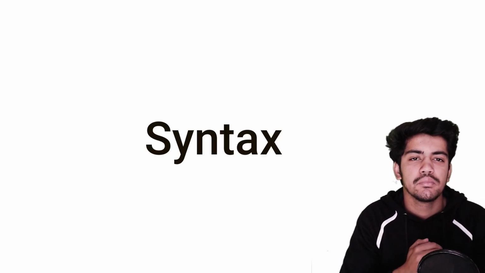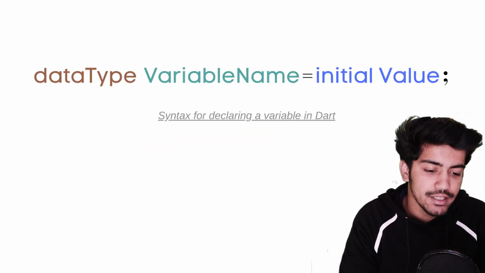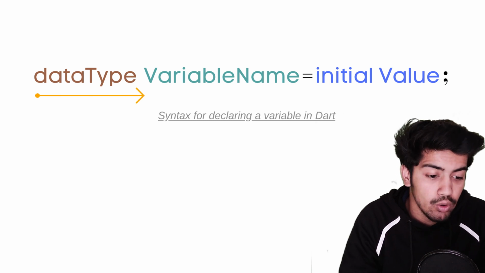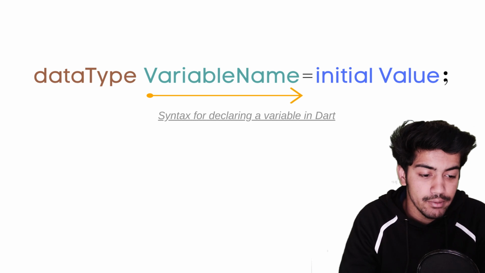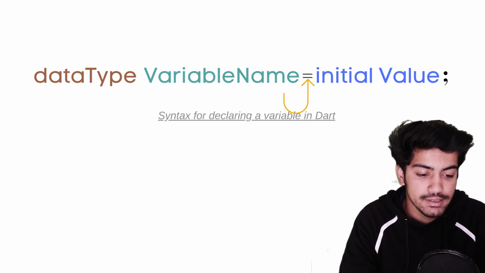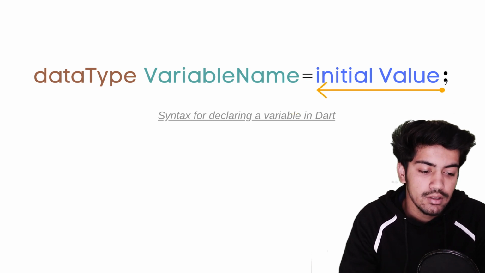Now let's talk about declaring variables in Dart. Each language has a general set of grammar rules for how words and sentences should be structured. These rules are collectively known as language syntax. In computer programming, syntax serves the same purpose. We start by mentioning the type of data our variable will hold, such as integer, string, and so on. Then comes the unique variable name, which is followed by an equal sign, and then the initial value. Don't forget the semicolon at the end.